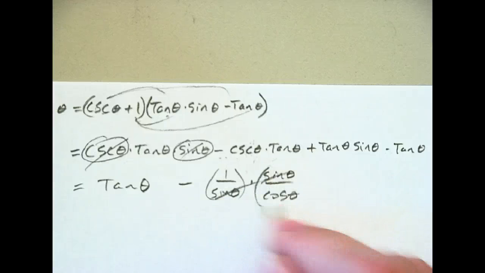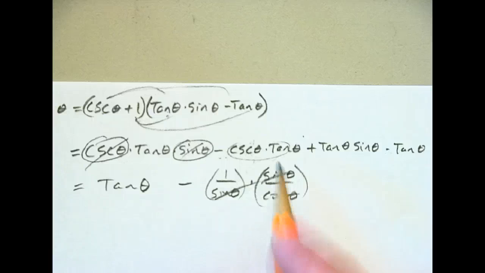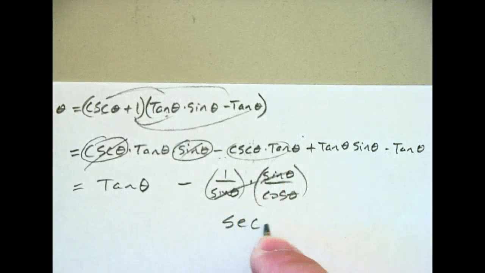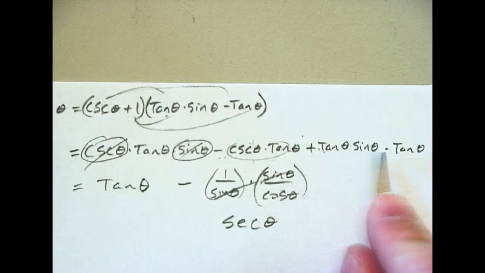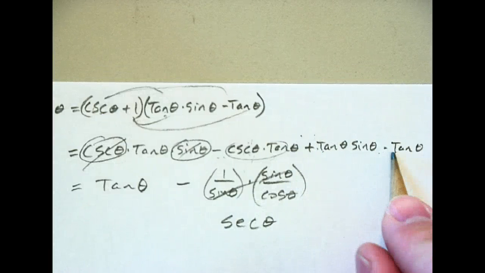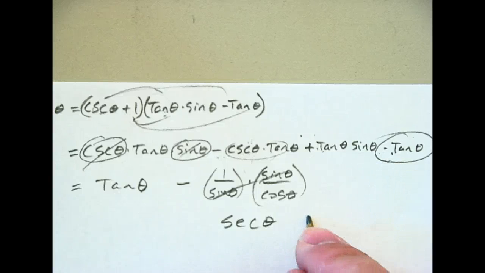Okay, those cancel. So that's from this piece right here, the middle part. Yeah, and that gives me 1 over cosine, which is secant theta. And here I get tan times sine. It's not helping me much. But I have minus a tan here. So if I put it all together,